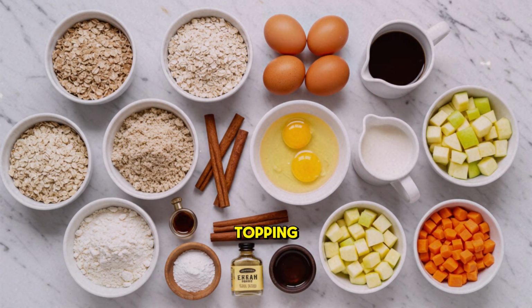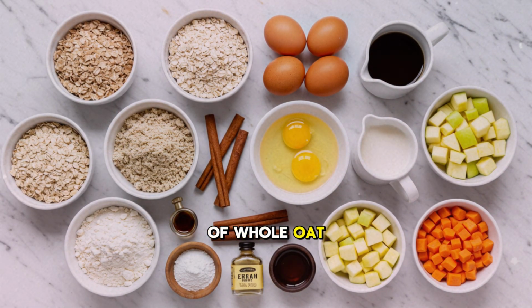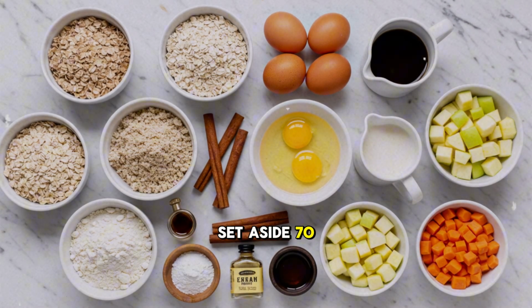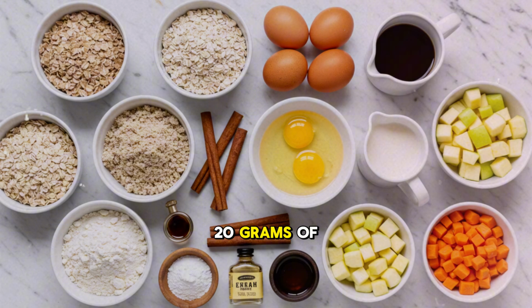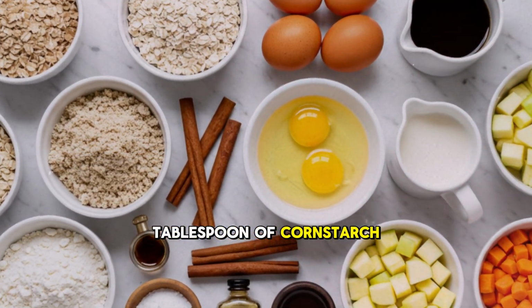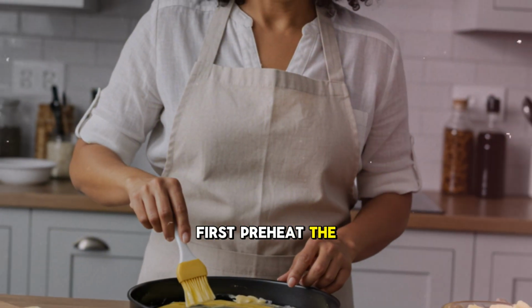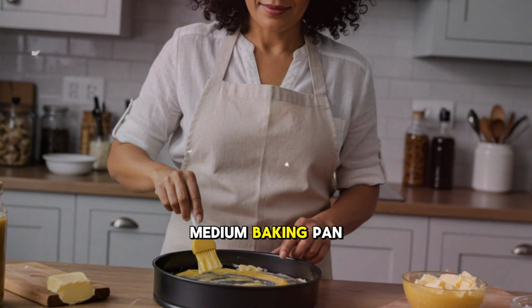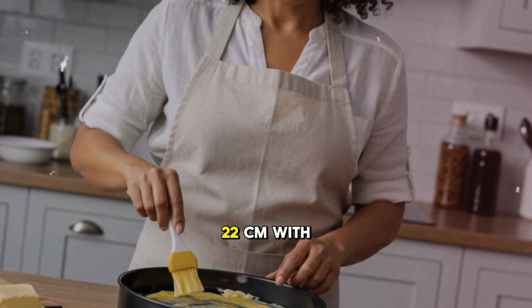For the crunchy topping, grab 50 grams of whole oat flakes, 50 grams of liquid honey, 1 teaspoon of ground cinnamon, and the remaining walnuts. For the cream, set aside 70 milliliters of milk, 20 grams of sugar-free white chocolate, and half a tablespoon of cornstarch. First, preheat the oven to 180 degrees Celsius and grease a medium baking pan, about 20 to 22 centimeters,